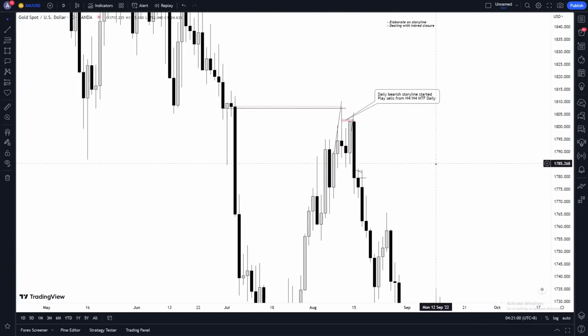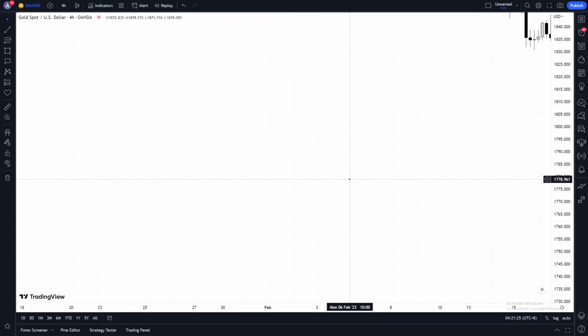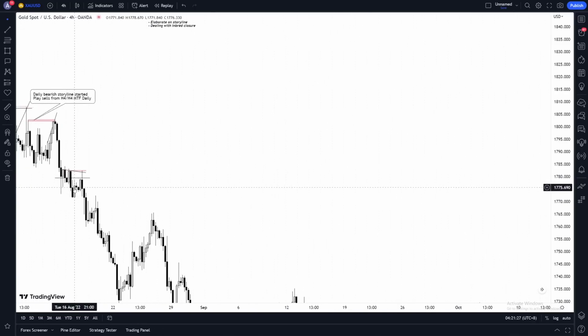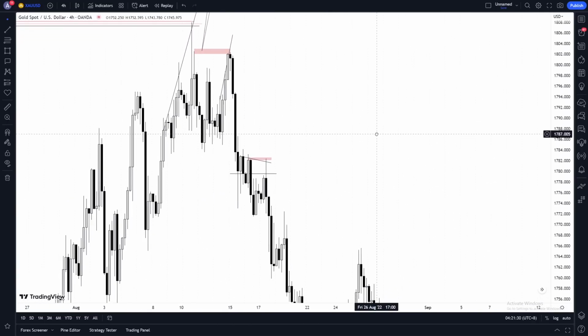So you guys may be wondering, what is that about? It's very simple. Daily bearish storyline. I should be entering straight off from high probability H4 areas. A high probability H4 area could be a H4 MTF with a daily. It can be a H4 with a trend line confluence. Those are things that add on to the probability, correct? So in this case, it was a H4 MTF daily. There's a daily in here, and there's also a H4. And on top of that, the icing on the cake is that there was a trend line too. It's just a little icing on the cake right there.